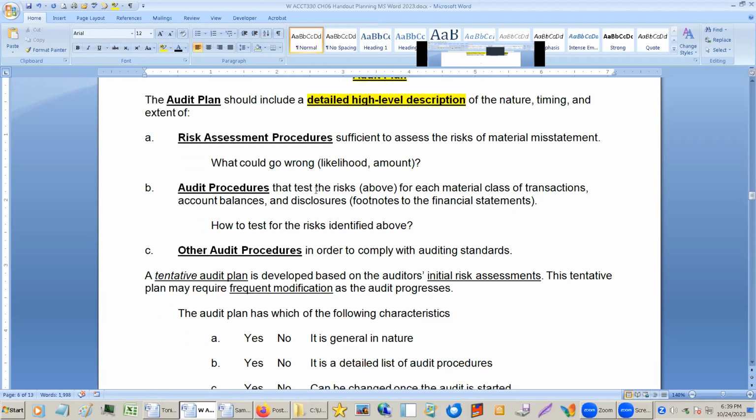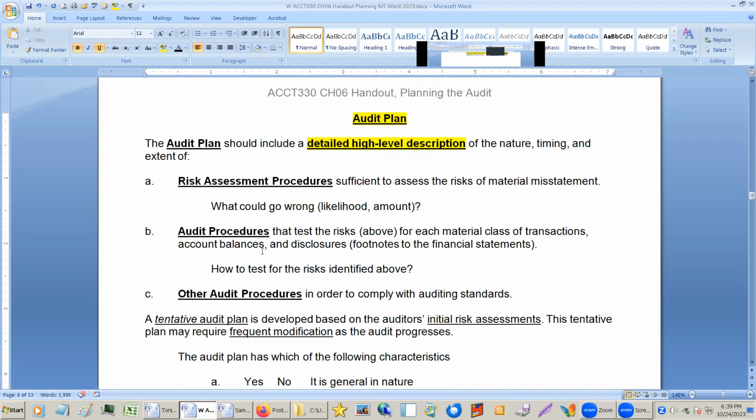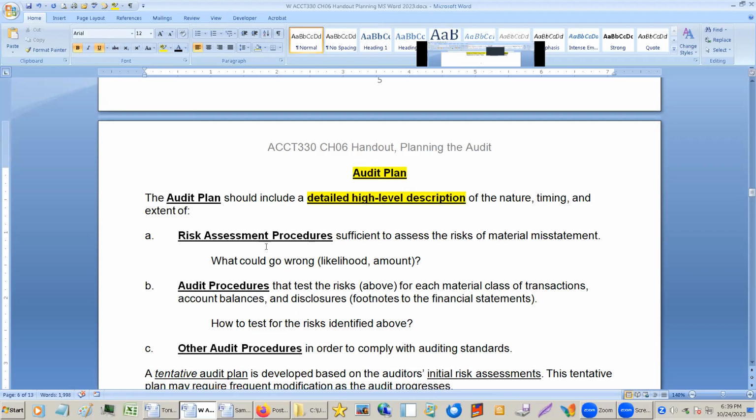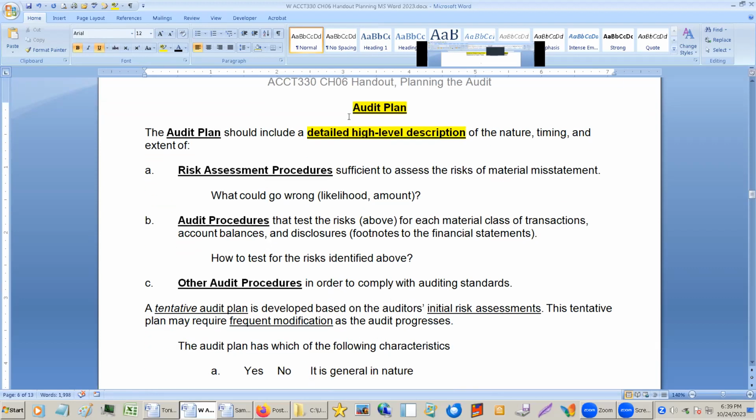Okay, so risk assessment, audit procedures, and other procedures. We'll talk about those later. But it's a very detailed plan, and I think I told you this before. The audit plan or audit program that you'll follow,